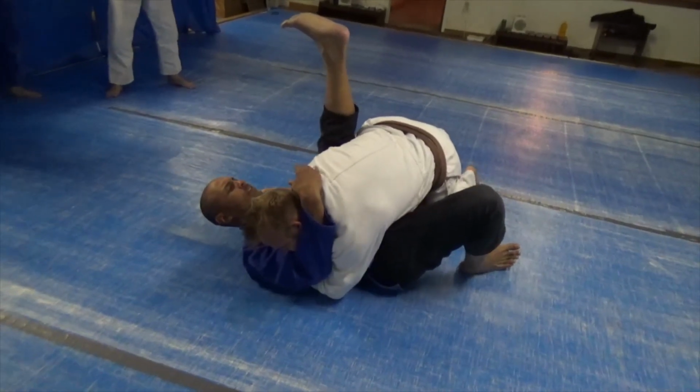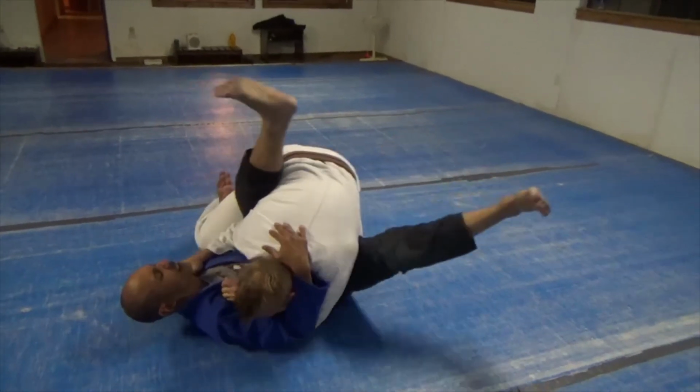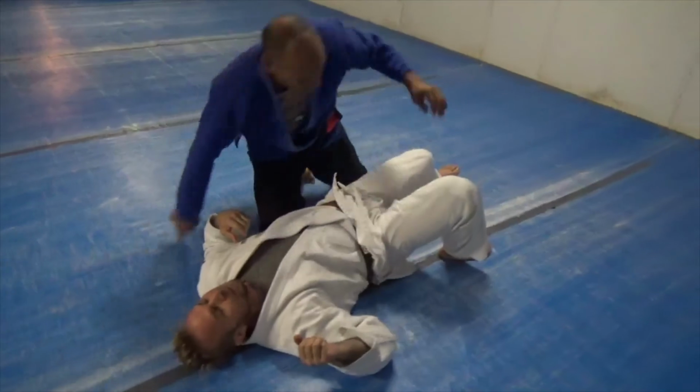And then if people start kind of getting heavy, then you can kind of use this leg, kick it out, and create some more momentum. Sweet. So it's like